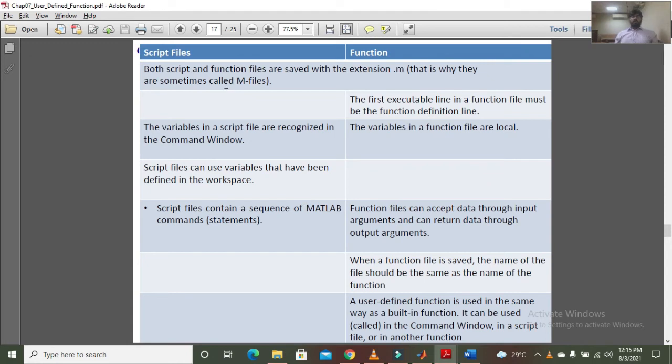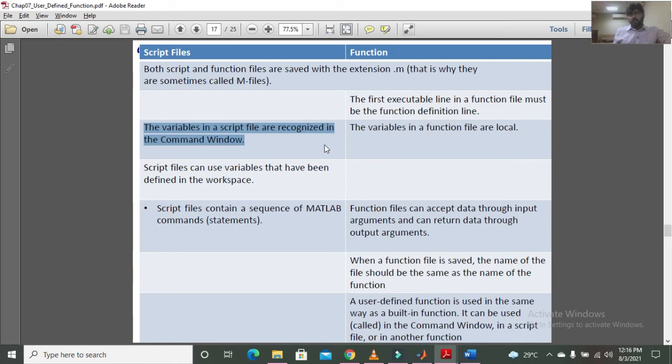Both script files and function files are saved as M files. And the variables of the script files are recognized in the command window, but the variables of function files are not recognized in the workspace window because they are local.